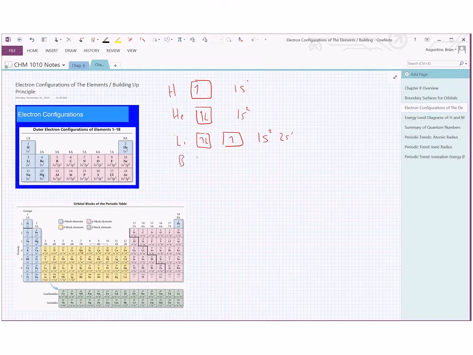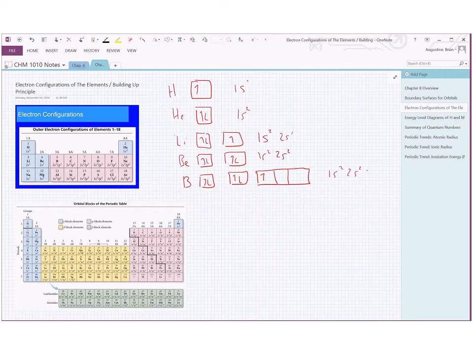Beryllium, 1, 2, 3, 4, 1s2, 2s2. Okay, remember we did this in class for all these. Now we start getting into the p orbitals. There's 3 p orbitals, so it's 1, 2, 3, 4, 5. 1s2, 2s2, 2p1. Remember back here in hydrogen, we wondered, should this be up and down, or should they both be up